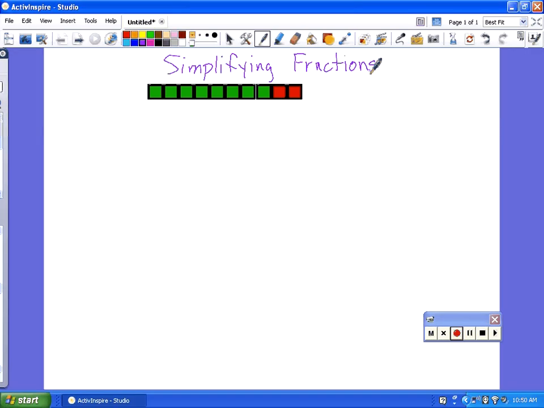Kelsey? 8/10. So this equals 8/10. Now, if we're going to look at this, could we come up with equal sized pieces, group them into the equal sized pieces? Dylan? What's that? Okay, so this equals 4/5,